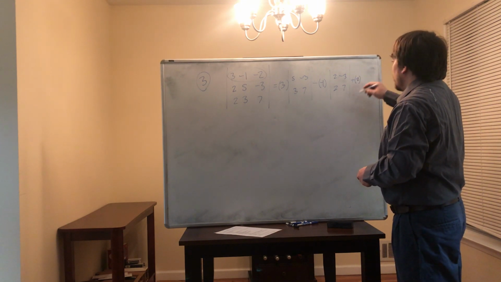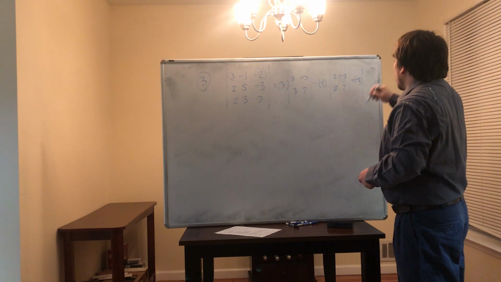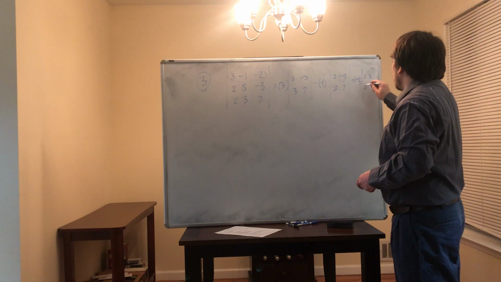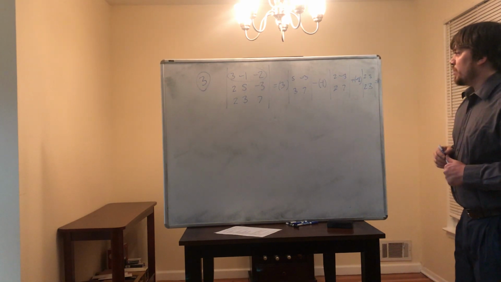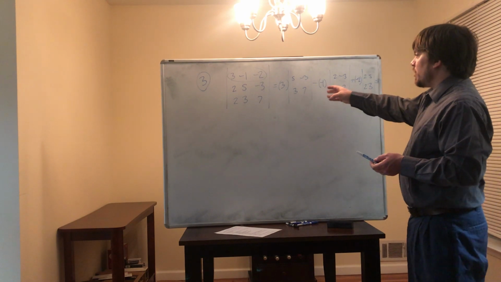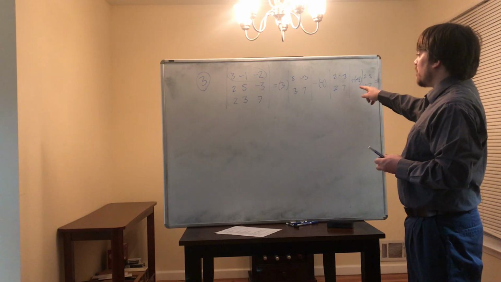And it's plus negative 2 times the determinant of the corresponding submatrix. That's 2, 5, 2, 3. Okay, and so now we have 3 times that, minus negative 1 times the determinant of that, plus negative 2